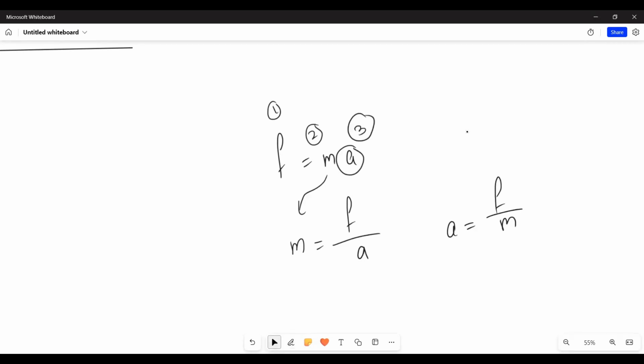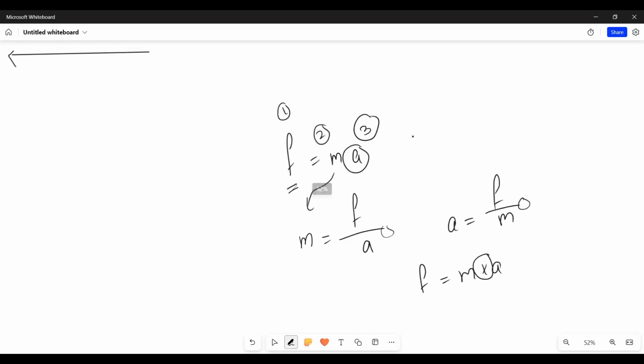That means at constant acceleration, the force is directly proportional to the mass. Whenever the relationship between them is division, they're directly proportional. At constant force, mass is inversely proportional to acceleration, because here it's multiplication. I just need you to know this. We're not going to use all of these, we're only going to use the first one, because we're dealing with the relationship between force and acceleration.